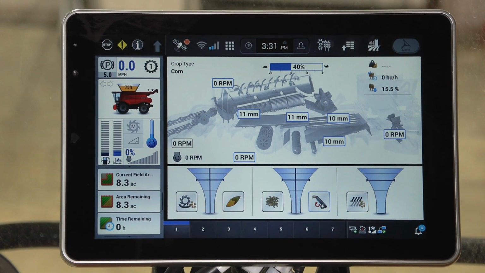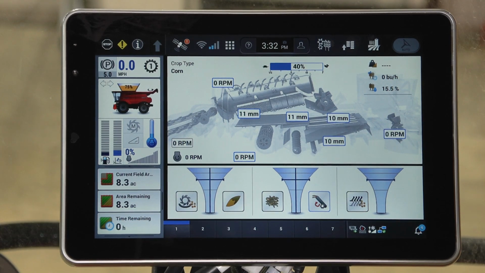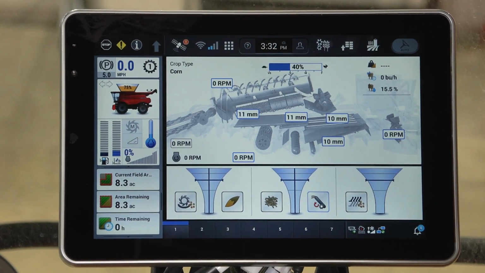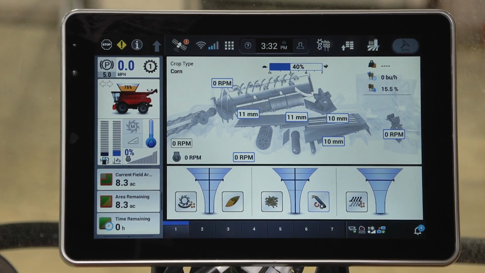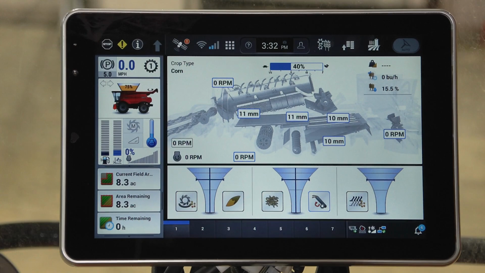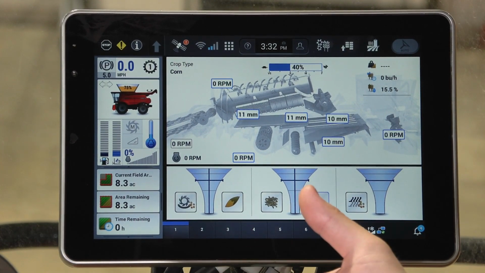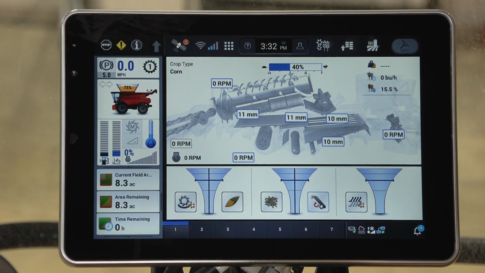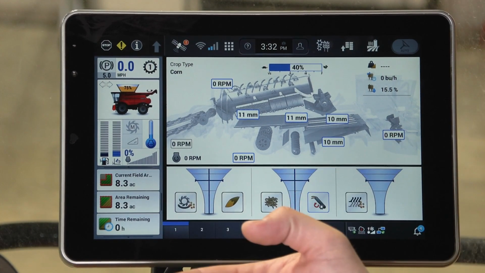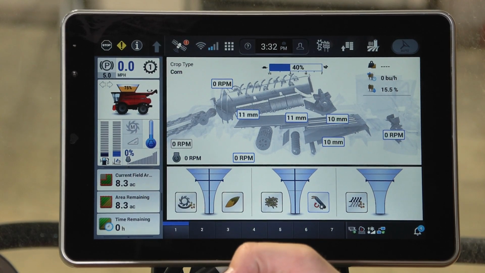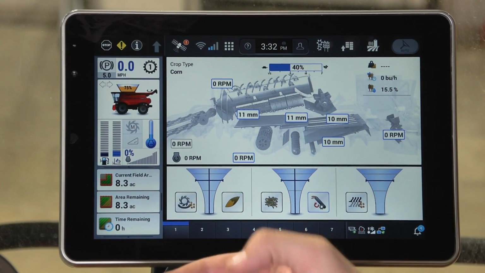In this video, we're going to talk about the Combine Cutaway user-defined window that can be found on the Run 1 screen as default, but can be moved to any run screen as the user prefers. The neat thing about the Combine Cutaway, as we call it on the display, is that it allows the operator to keep a pulse on what their combine settings are, monitor any changes that may be happening to their settings, or through automation, or if they're running the machine in manual, to keep an eye on where they have that